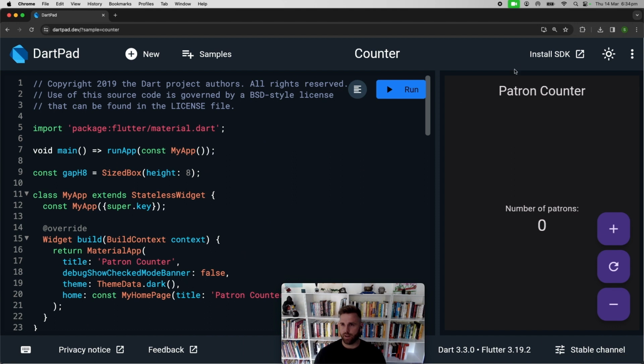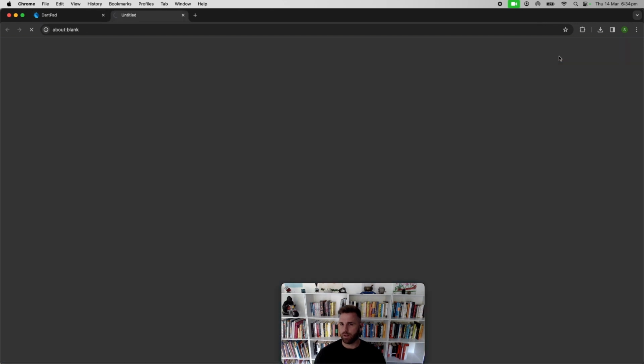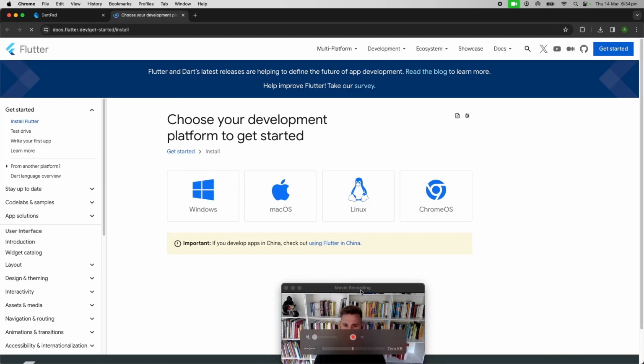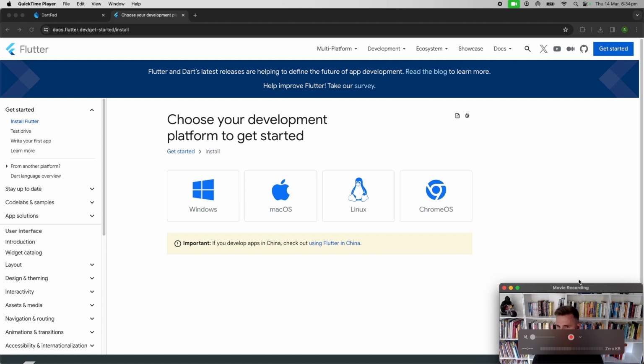Just as a side note, if you'd like to install Flutter on your device, DartPad is great for practice, it's wonderful, but you're not going to be able to actually publish apps. And you'll always come across issues when you're trying to install Flutter apps as well. It's just something to be aware of. But